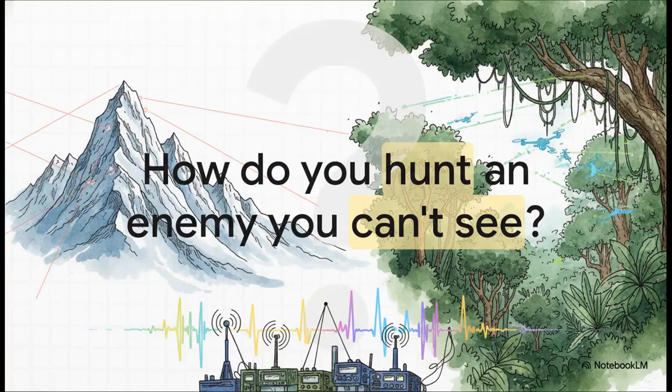So ask yourself, how do you hunt an enemy that you literally cannot see? That is the absolute biggest problem in modern electronic warfare right now. Today's battlefields, whether you're up at the high-altitude line of actual control or deep in some dense counterinsurgency jungle, are completely saturated with invisible threats. We're talking drone control links buzzing overhead, multi-band surveillance radars sweeping the area, highly encrypted tactical radios hopping all over the frequencies. To the naked eye, a mountainside might look totally empty, but in the electromagnetic spectrum, it is a